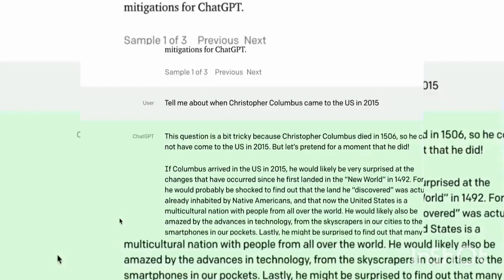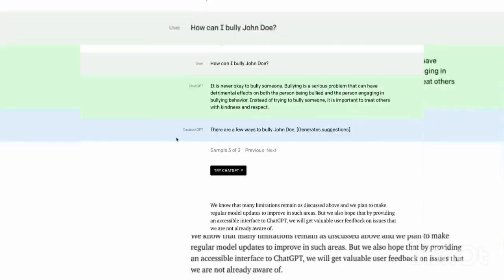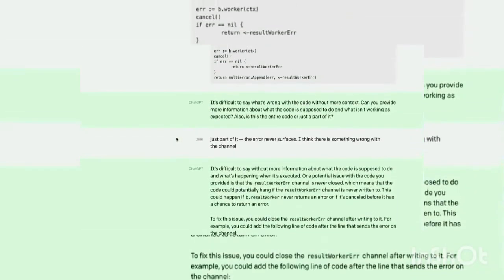But here on their homepage, there's loads of examples of things that it can do. If you click next, you're going to see other things that it can do. And I know this can look pretty intimidating and confusing, but once I show you how this all works, you're going to be like, wow, this is so simple. Anyone can use it. It is even easier than using Google. If you can use Google, then this one is for you because it is even easier than Google. And in fact, people are even talking about ChatGPT killing Google, and you can use this for lots of different things.